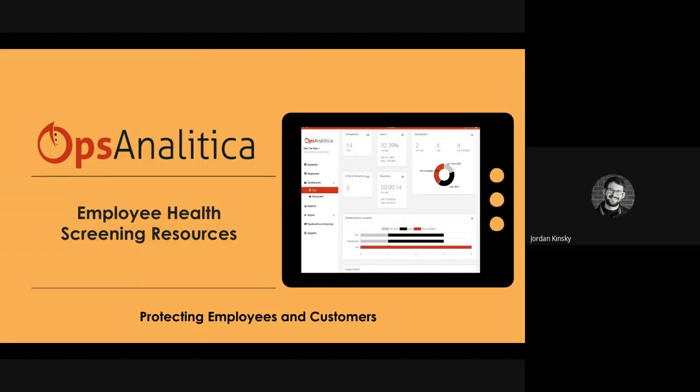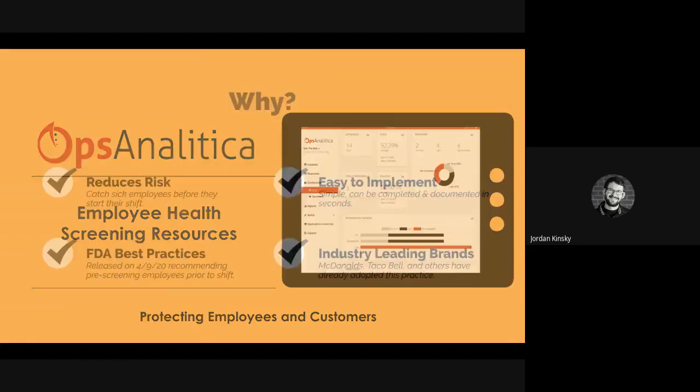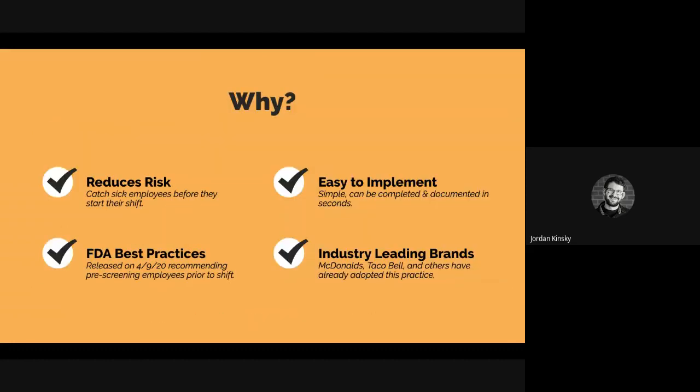Today we want to discuss employee health screenings. What are they, why you should be using them, and ultimately we're going to take you through a free resource that Ops Analytica has developed that you can leverage today if you're looking to implement these processes for your restaurants. Employee health screenings are essentially a questionnaire that allows you to ask your current employees some basic